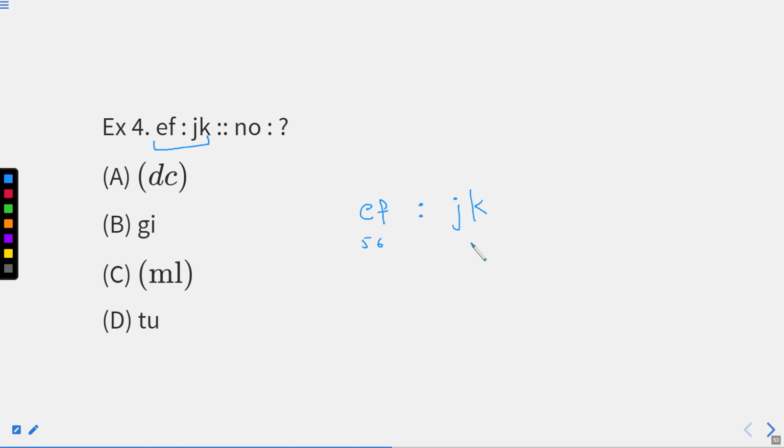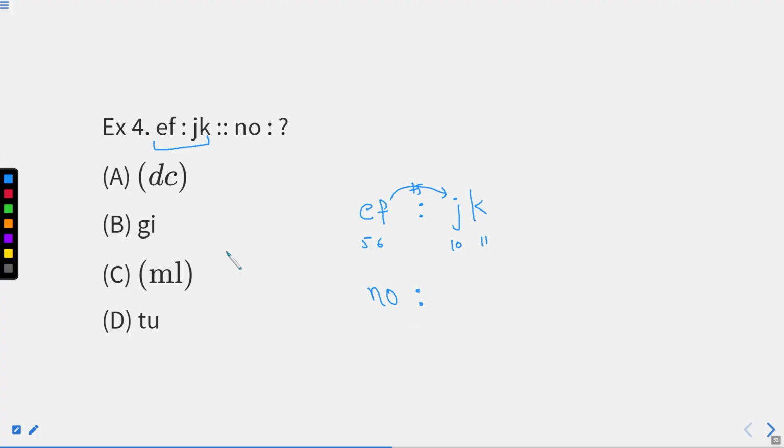When it comes to JK, we know that the place values of J and K are 10 and 11. You can see that we have jumped how many places this time? From F: G, H, I, J, which is the fifth one. We did plus 5: that is 7, 8, 9 and 10. After 6, including 10, a total of 5 steps are there. Similarly, if we follow the same relation in the answer figure, we know that N and O are as per the alphabetical series.